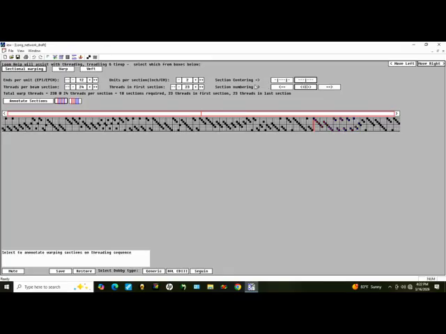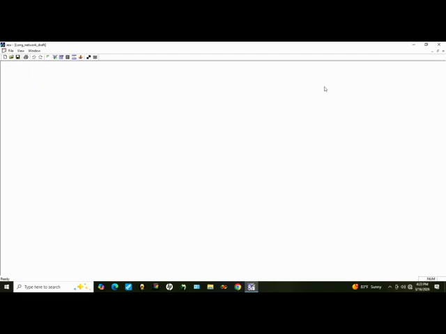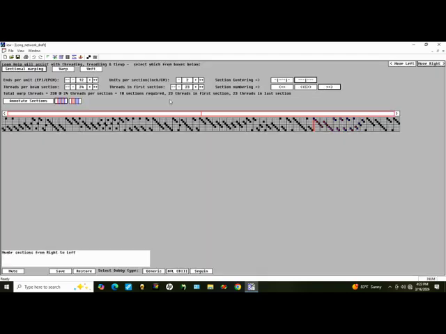So as I set those parameters, it's going to calculate how many threads per beam section. And so I asked for 12 ends per inch times 2 inches, so I've got 24 ends. If I wanted to, I can also change that directly. So for example, if I do that, you'll notice it changed the EPI correspondingly. So you can do whichever way works out best for you. I can also balance how many threads are on the end if I want to override the automatic calculations. And I can number how the sections will be labeled from right to left, from center out, or from left to right. Once I've set those up, the message line underneath here tells me how many ends were in the